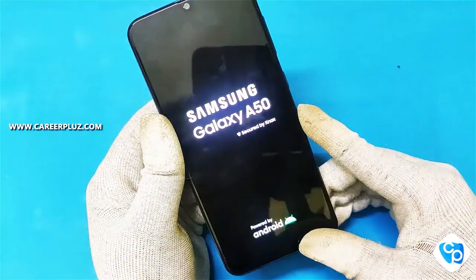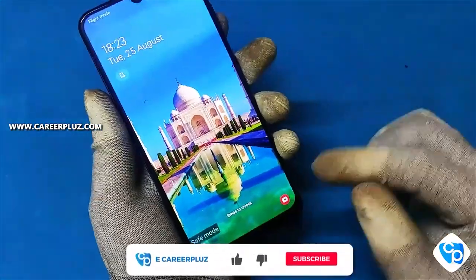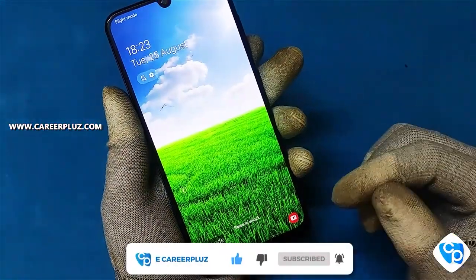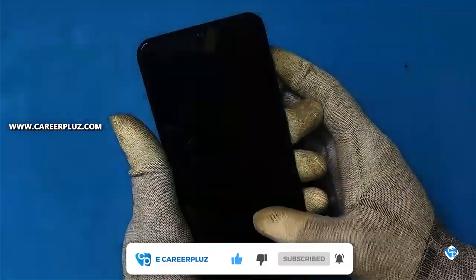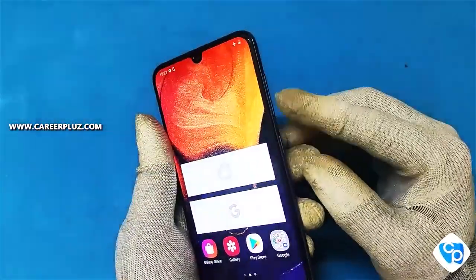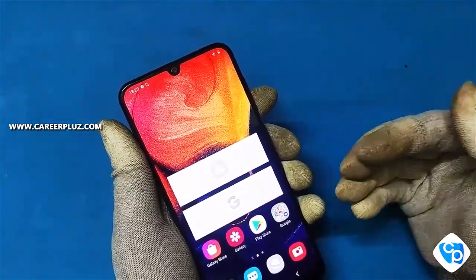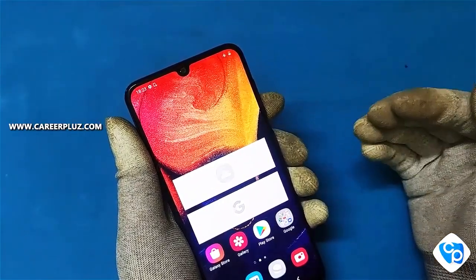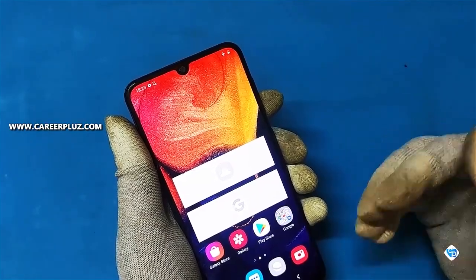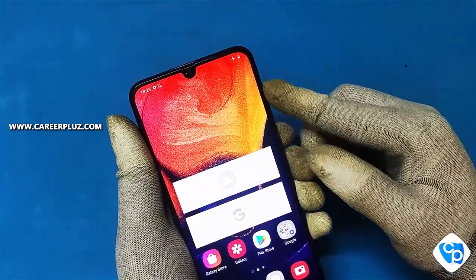But in this mobile phone, even after restart, safe mode is still enabled. That is the issue of this phone. The reason is there is a problem in these volume keys. Because of this problem only, safe mode is not able to be disabled. I tried the factory reset option and also flashed the mobile, but it doesn't work. Then only I identified there is an issue in the volume keys.